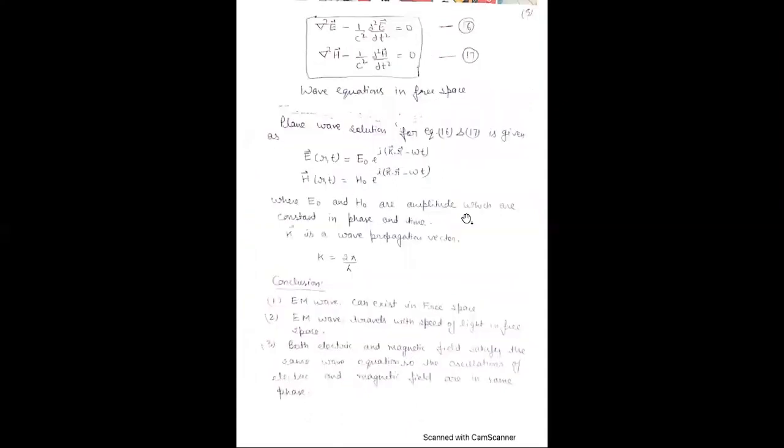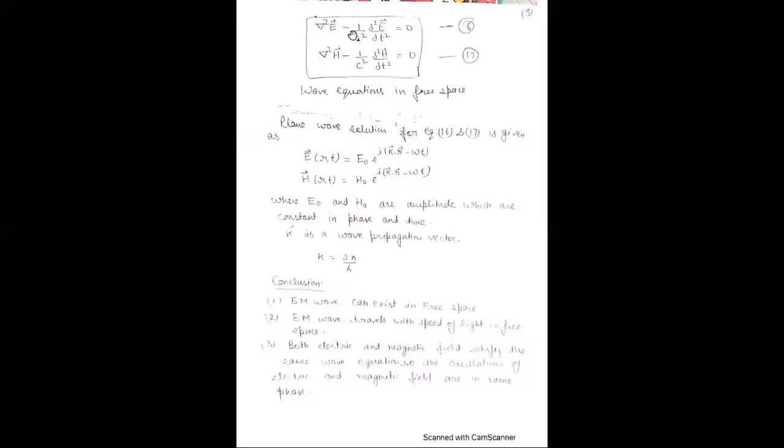Therefore, we conclude that there exist EM waves in free space because there is a wave that propagates with velocity of light. And electric field vectors E and H travel like waves, and these waves propagate in free space. These waves E and H propagate in free space with velocity of light. This is the velocity of light. Now we can write wave equation for the EM waves in free space.